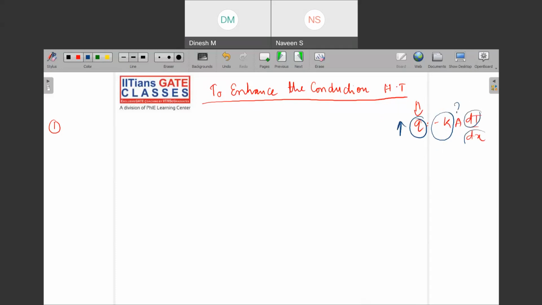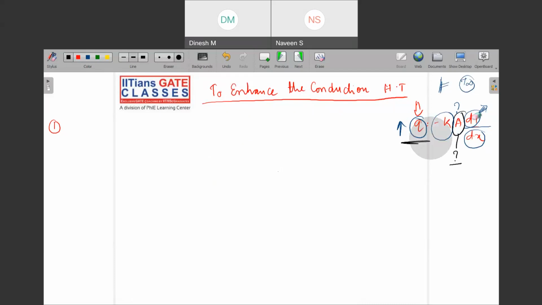Again, this is not in your pocket. Why? Because when you are working, your atmosphere has some fixed temperature, and your working temperature is not in your hand. Then this dT is also out of your hand. Then the only thing you can work upon is: can I make certain changes to this A? Yes, definitely, if I can produce some changes in A, then this Q is bound to increase.